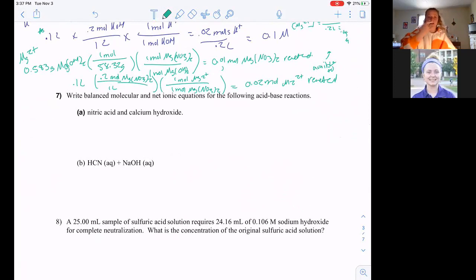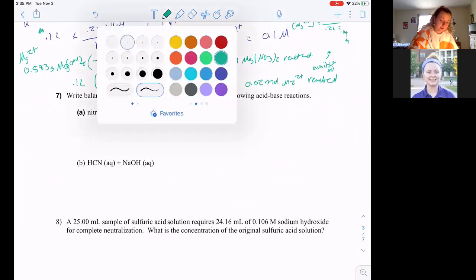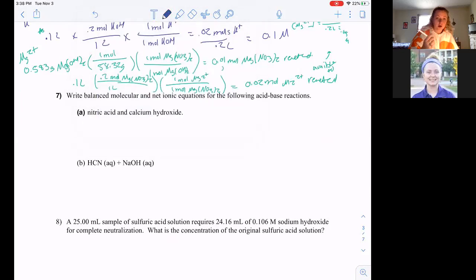Okay, so then we have to write balanced equations and net ionic equations for these. I'm not going to balance them because y'all should know how to balance them. We've done that before. So I'm just going to go from there to the net ionic equation. So what does this look like? That looks like